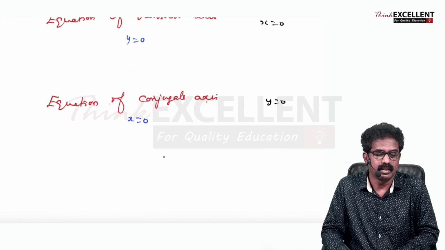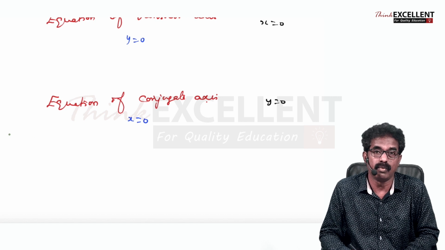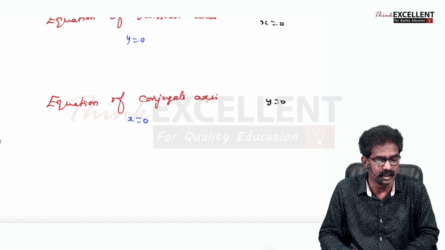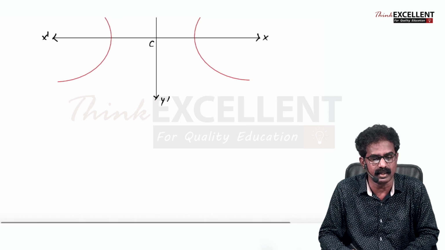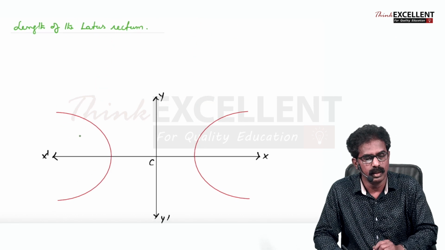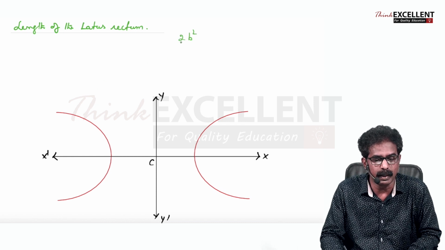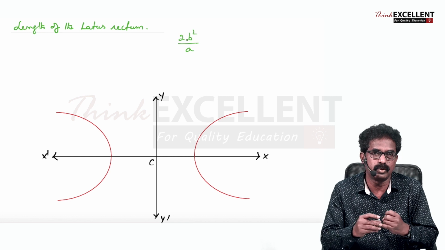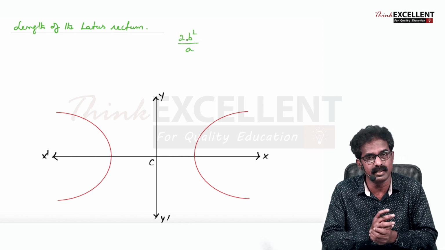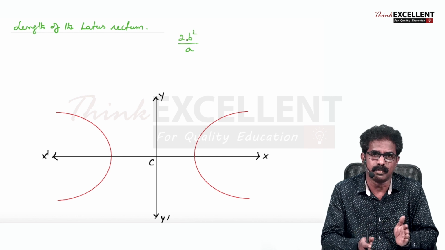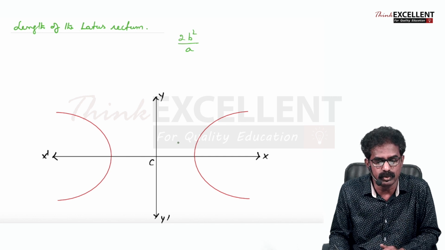Okay, now just two more results I want to teach you. One is focal property and another one is how to find length of the latus rectum. First I'll explain length of the latus rectum. Length of the latus rectum, you know the answer, it is what? 2b square by a. Semi-latus rectum, half of that, right? Then equation of latus rectum, what is latus rectum? Perpendicular focal chord, right? So through focus,